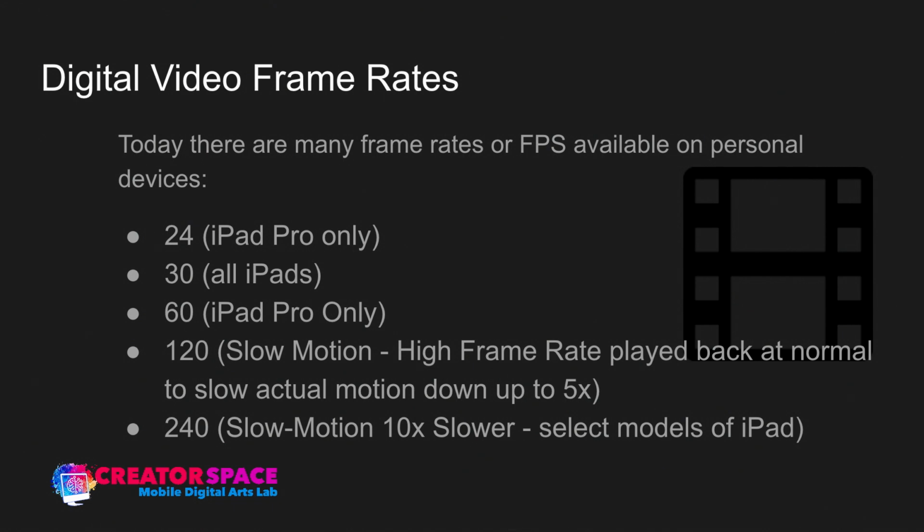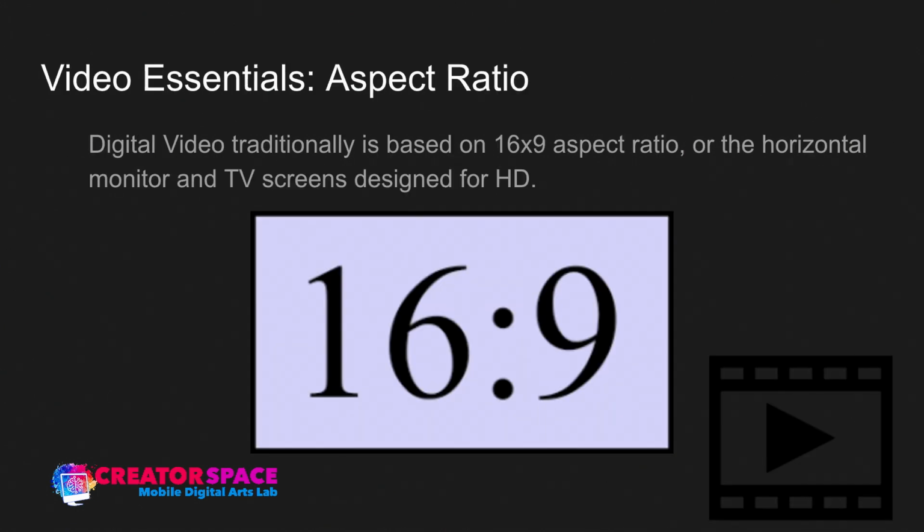So again, we're generally looking at 30 frames as our go-to, and then we have these slow motion options, and then we'll have that 24 and 60 that are on the iPad Pro right now. So that's our frame rates. So then we have the aspect ratio,